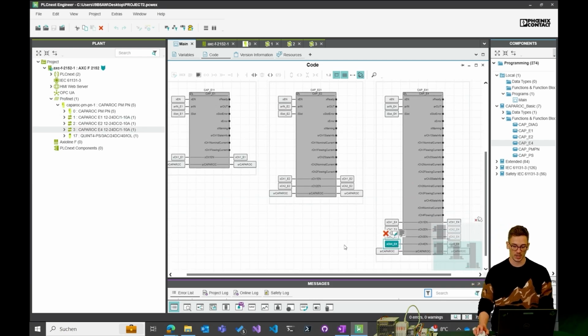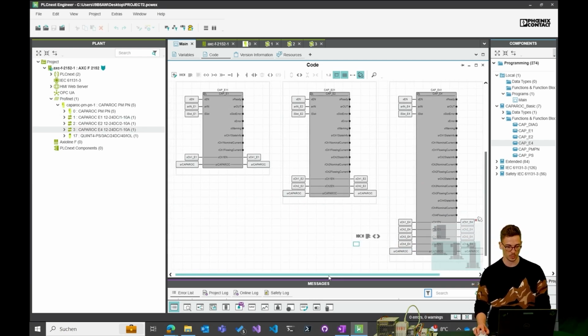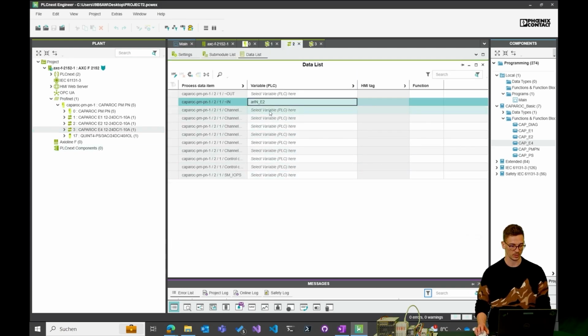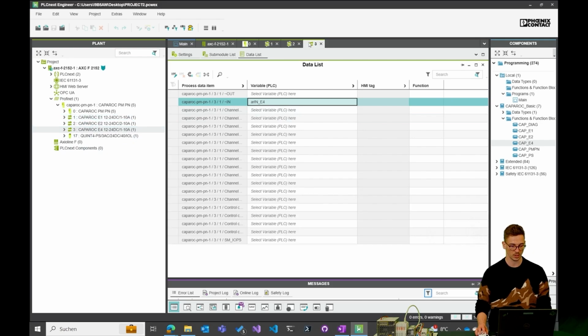Now you can see I attached all the variables, and I also connected all the input variables to the process data items. This is for the Caparog E2, and this one is for the Caparog E4.